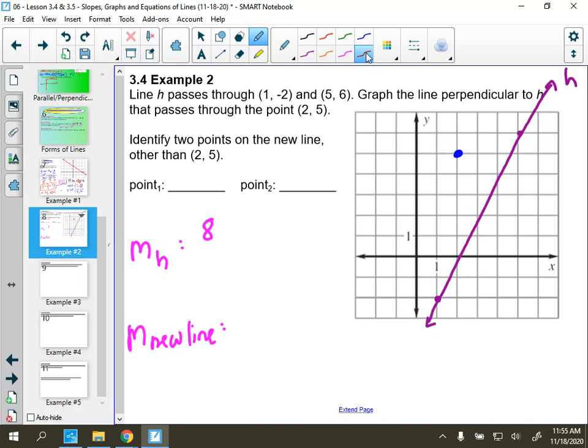Oops, I meant to change color here. And then that's over my run. So up 8 over run 1, 2, 3, 4. And they were both positive because I was moving up and I was moving to the right. So this line H has a slope of 8/4, which, like anything else, we would want to reduce, and that divides nicely. A slope of 2. Now I'm not using that for anything right now other than